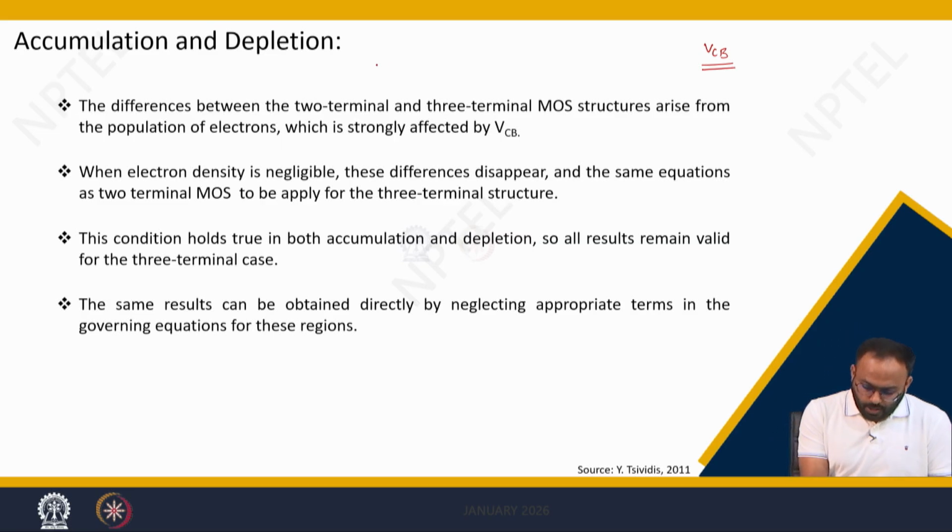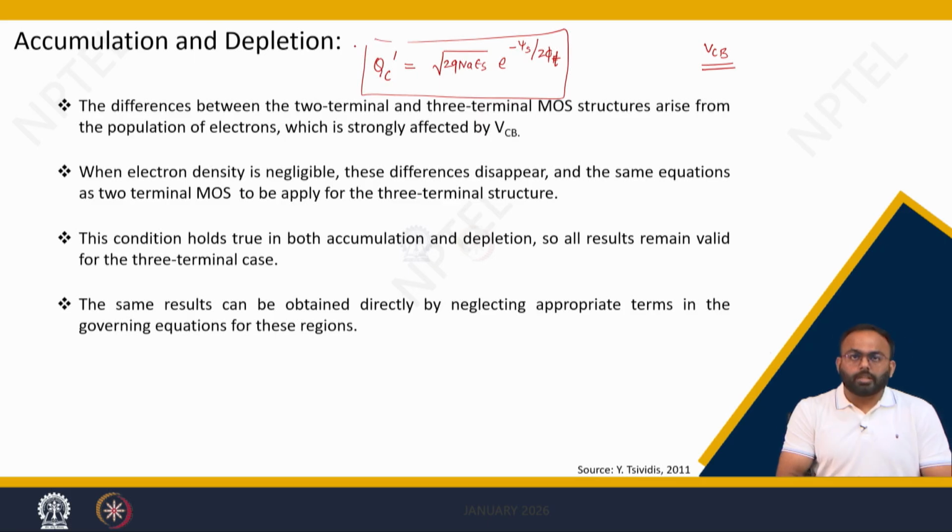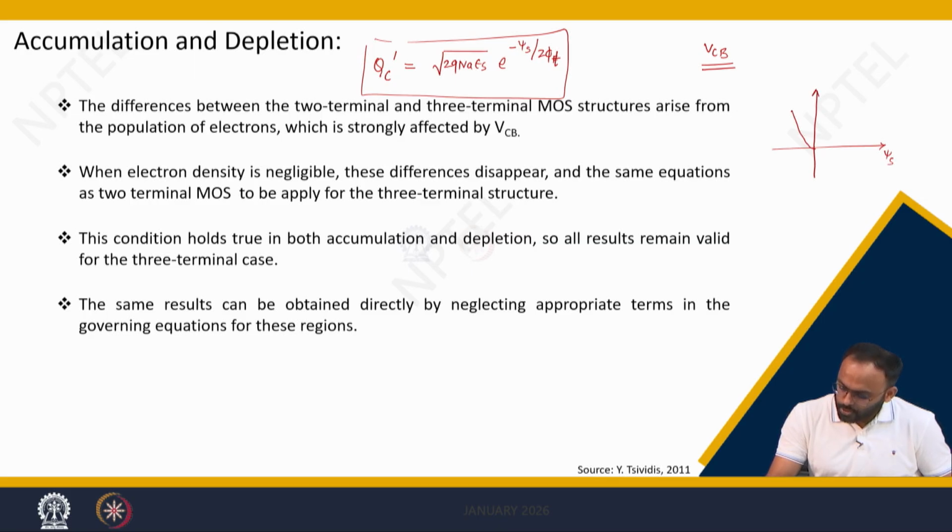So, the overall equation of charge in accumulation can be given by the square root of 2 into q into Na into epsilon s into e to the power of minus psi s by 2 times phi t. This equation says that my total channel charge is given by the whole contribution, which has an exponential dependence with respect to psi s. So, if this is psi s, this is your Qc dash, and this is not affected